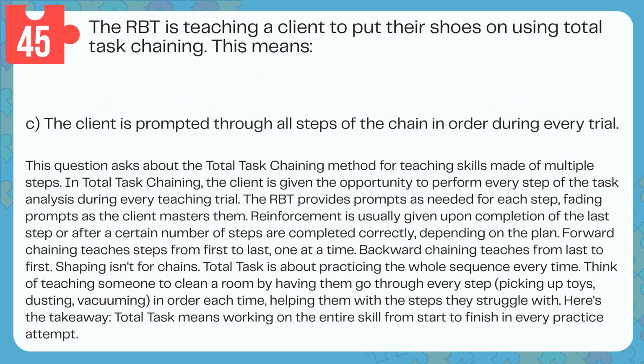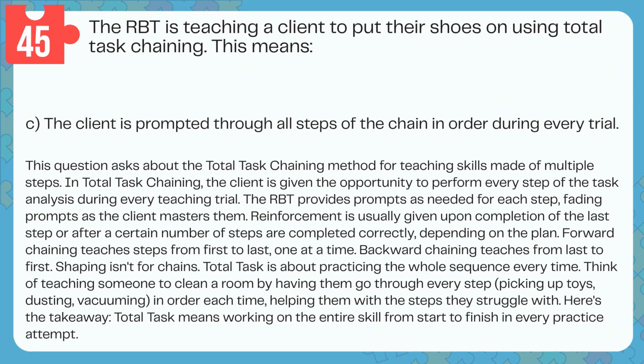Answer: C. The client is prompted through all steps of the chain in order during every trial. This question asks about the total task chaining method for teaching skills made of multiple steps. In total task chaining, the client is given the opportunity to perform every step of the task analysis during every teaching trial. The RBT provides prompts as needed for each step, fading prompts as the client masters them. Reinforcement is usually given upon completion of the last step or after a certain number of steps are completed correctly,